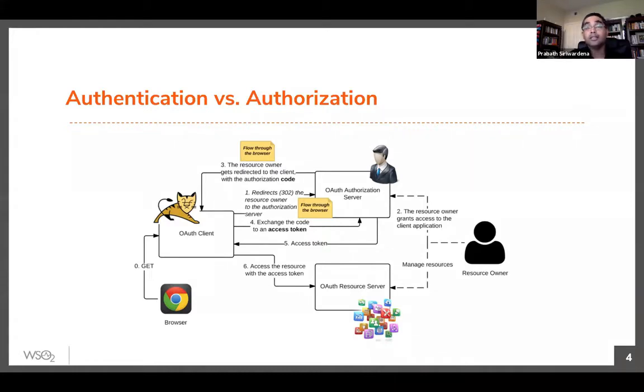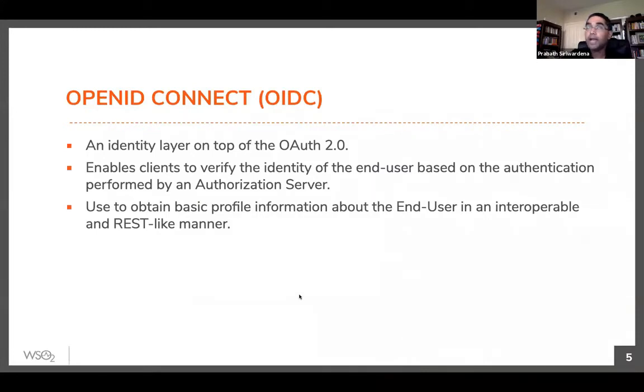Then again, since there's no standard here, if you use OAuth2 for authentication, you may need to check the specification of each and every IDP to see how to get the user information from their custom or proprietary endpoint, right? What OpenID Connect does is it builds an identity layer on top of OAuth2. It simply uses OAuth2 as the underlying protocol, and on top of that, it adds additional attributes in both request and response flows.